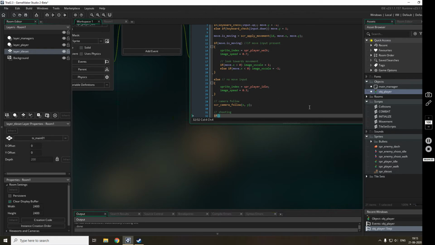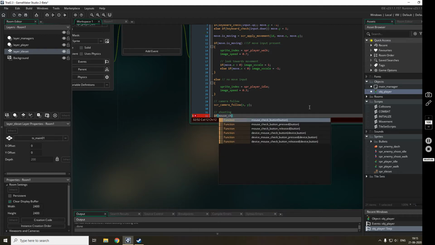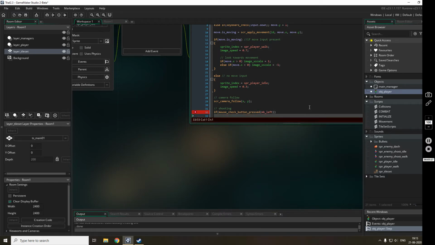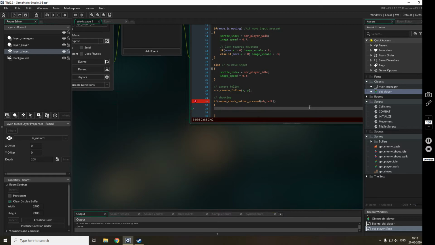If mouse_check_button_pressed, and the button is mb_left. If mb_left is pressed, then I will be shooting.